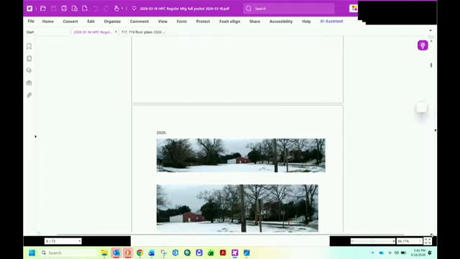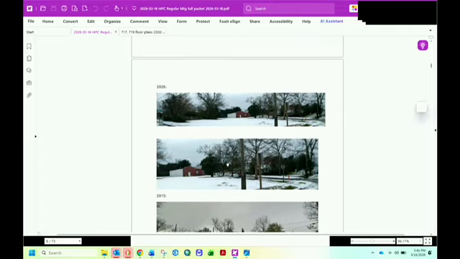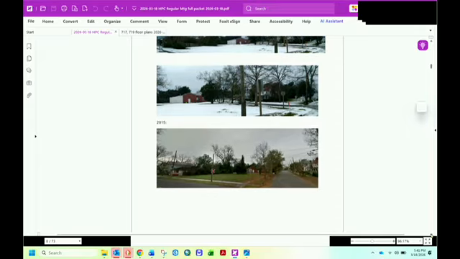The context for this property, for this project. The upper photo represents both of the properties together, whereas this middle one is the property on the corner. Then from 2015, we have a Google Street View image showing the entire property vacant even back then, and some of the other factors around this property.